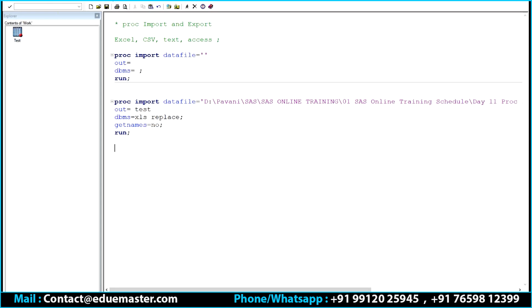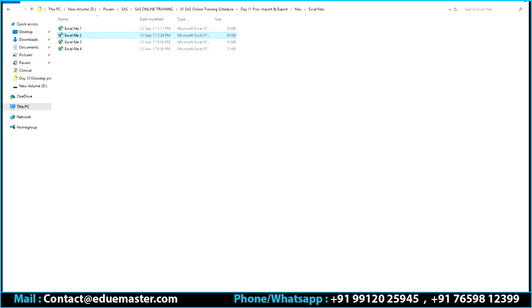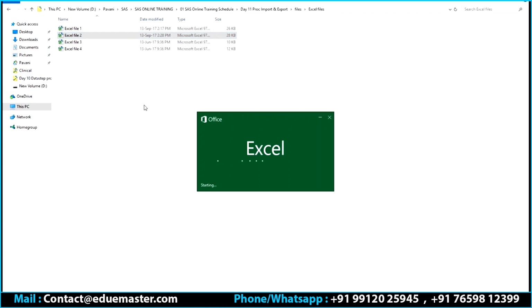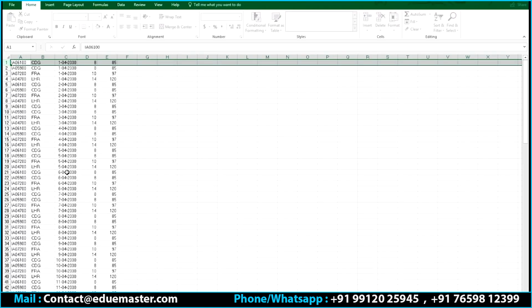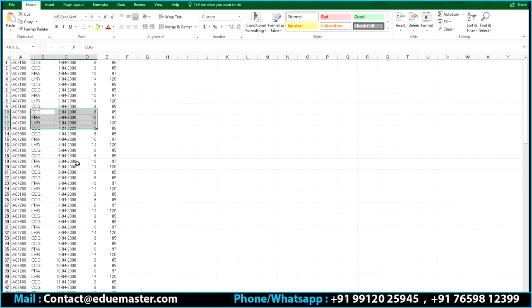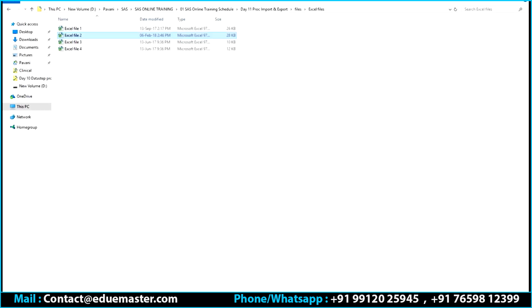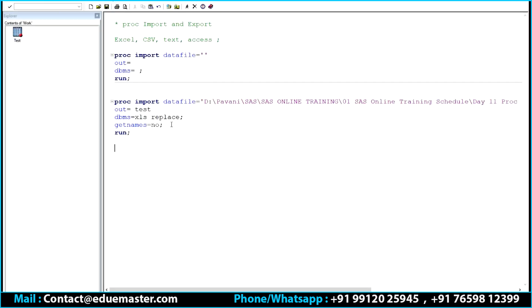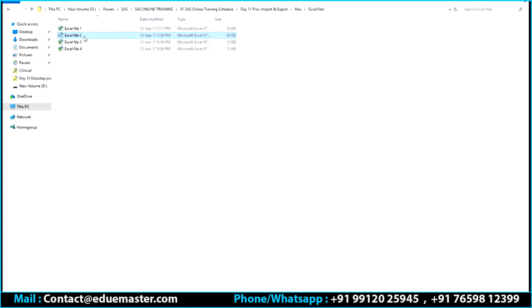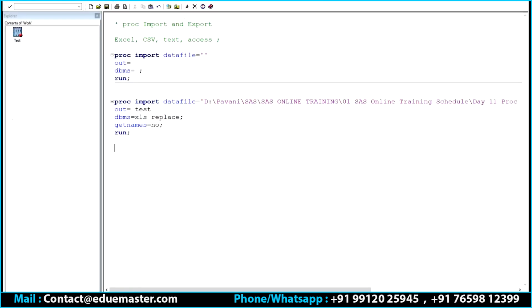Right. Now, suppose you want to import a specific range of data from the same Excel file 2, say only this part of the data, starting from B10 to C35, B10 to C35. Make use of the option called range. Range equal to, in quotations,